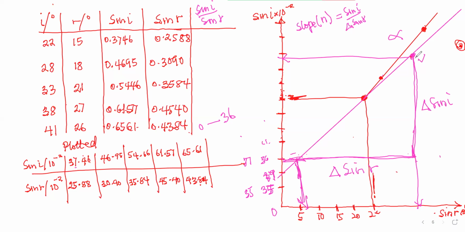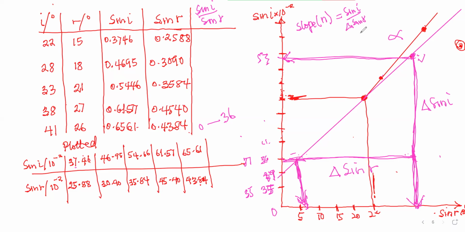So you read it here. Maximum vertical value. This is 50 something, and this is 36. So this is maybe 53. So it's 53 minus 36. That will be change in the sine I. For change in the sine R, you read the maximum horizontal value from here, and then minus the minimum horizontal value would give you the change in